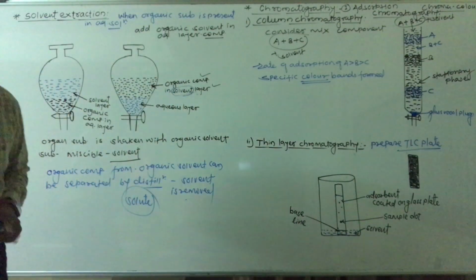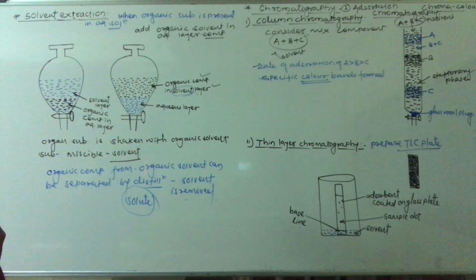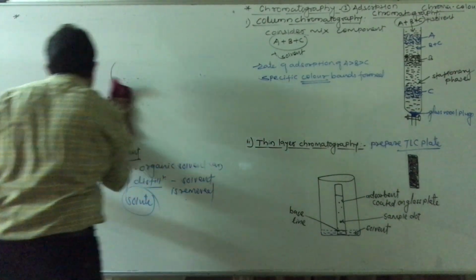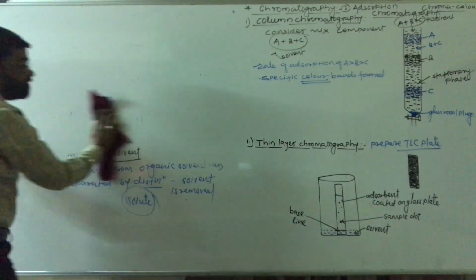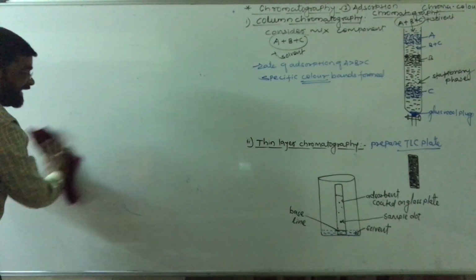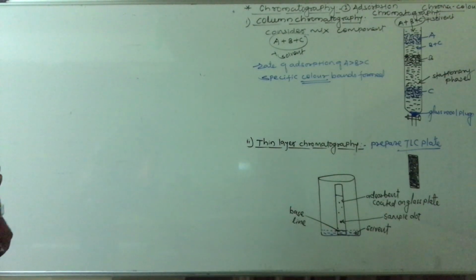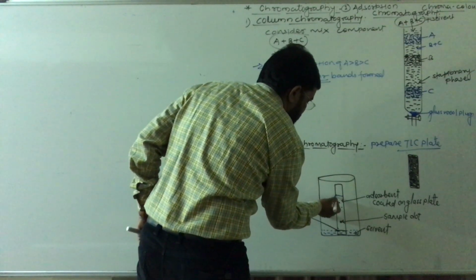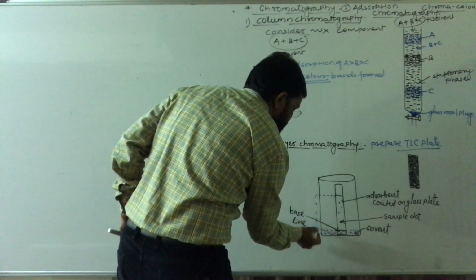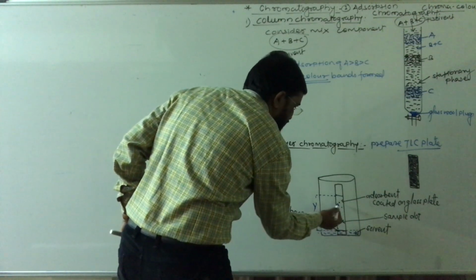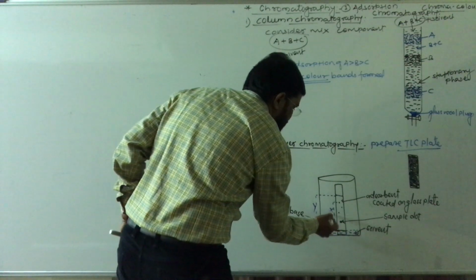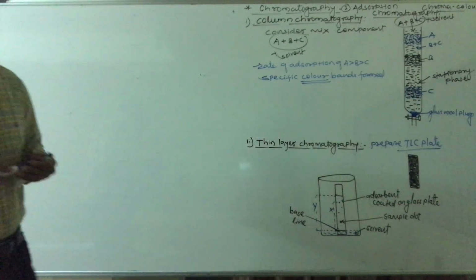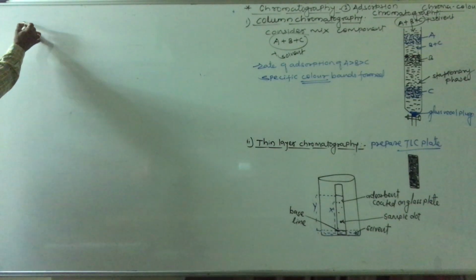From this thin layer chromatographic technique we can determine the retention factor. Okay, how will you determine that, we have to study. Here, retention factor means the retention factor of the substance for the spot obtained. This is nothing but the line, the distance traveled from the baseline, and suppose this spot's distance is x, and the distance traveled by the solvent is y, and the retardation factor, see the formula,